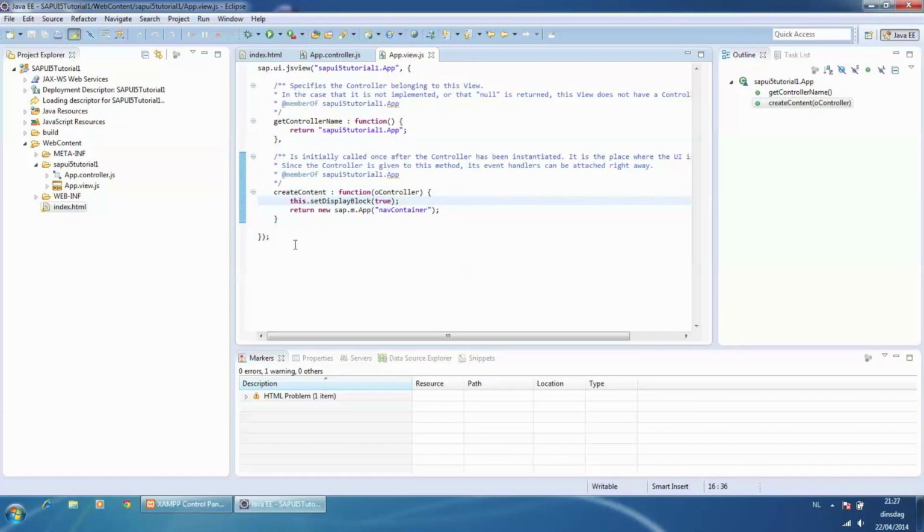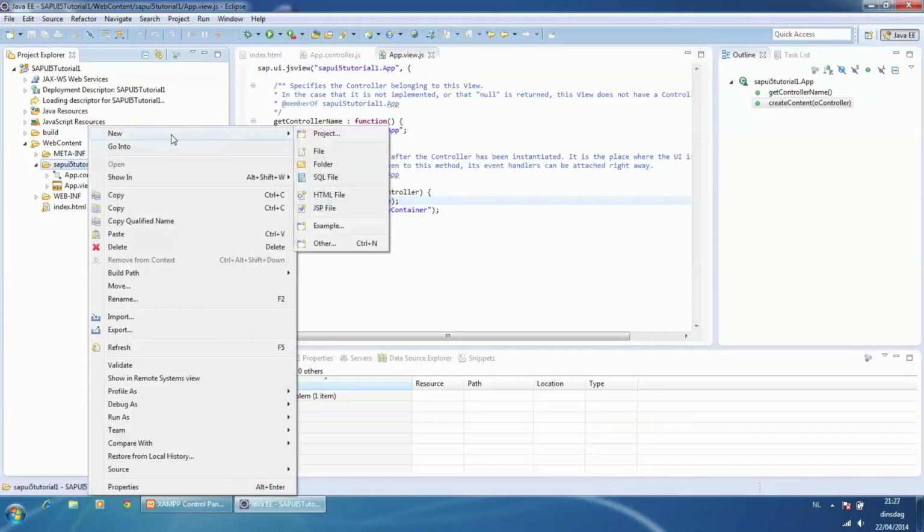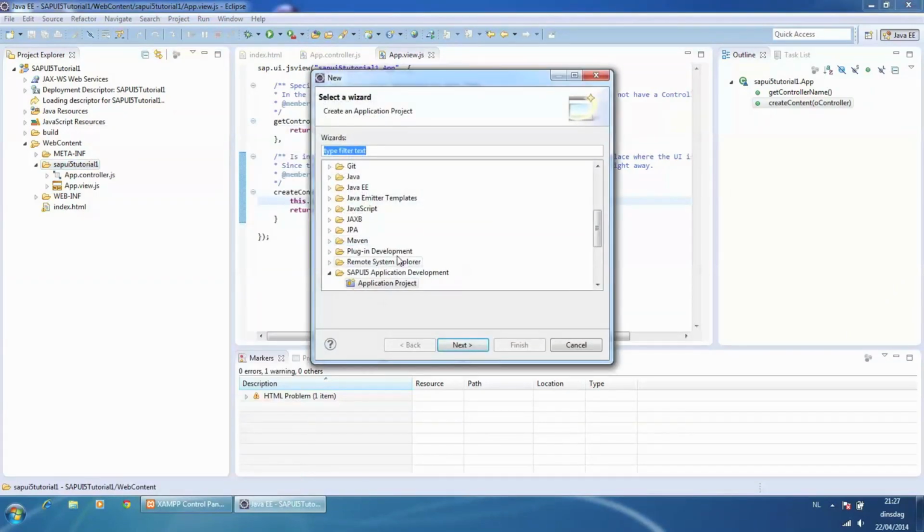Now we create the first HTML view, which will be embedded in the root container app.view.js. So right-click, select New, Other, then choose View.